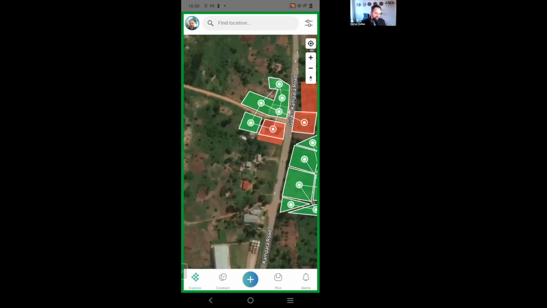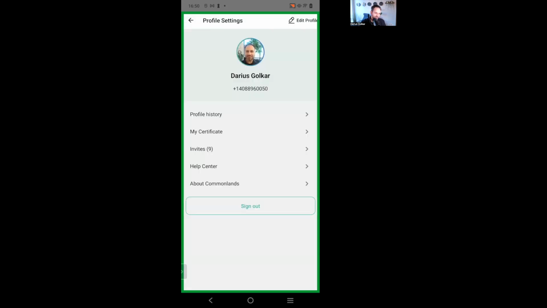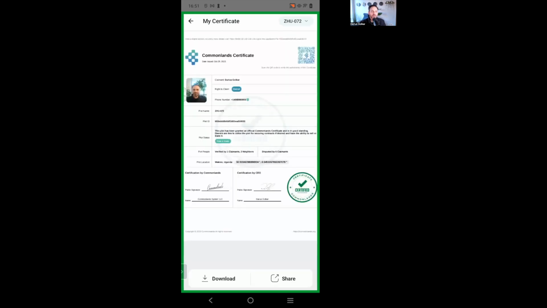Now, if the user that's part of this claim chain logs into their account, like I've done here, and they go to their profile and click on my certificate, what you'll see is right now, the system is creating a certificate for their plot ID ZHU072.